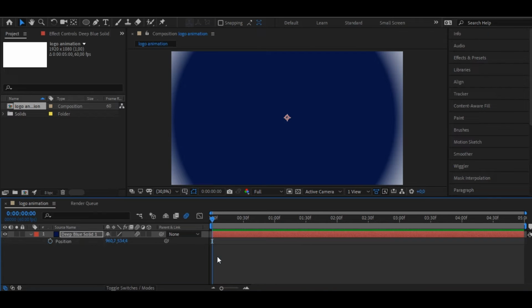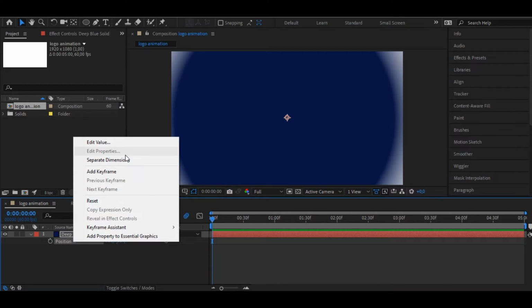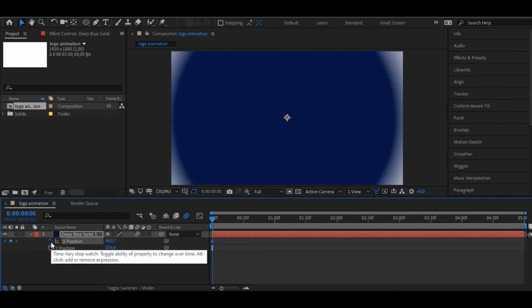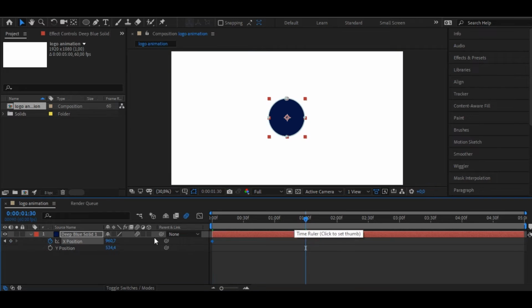Okay, now click P on your keyboard. Right-click the position and select separate dimensions. Now we're gonna go to the X position. On the first timeline, select the stopwatch beside the X position. Now go to the first second and change the value a bit to the left,